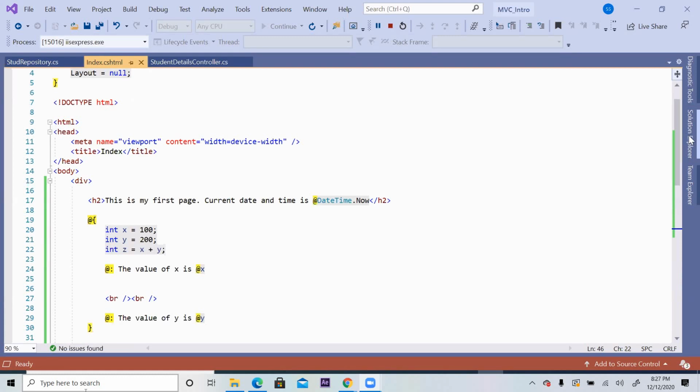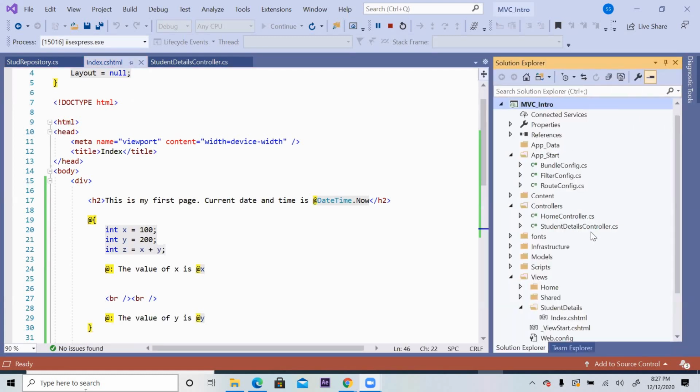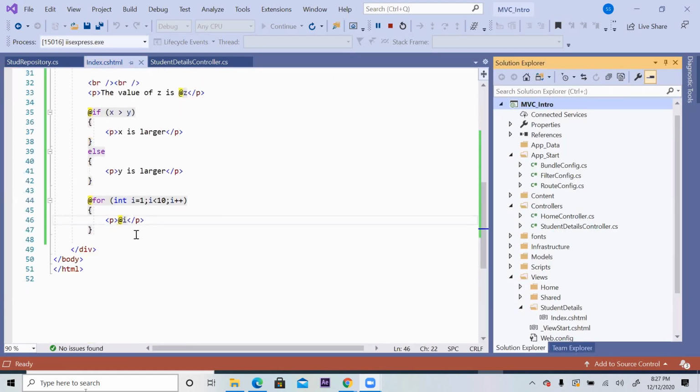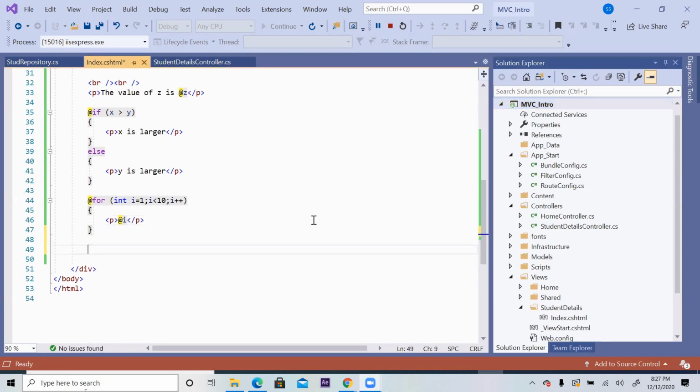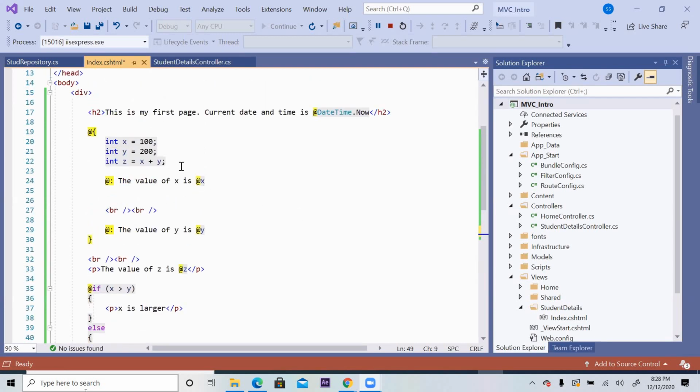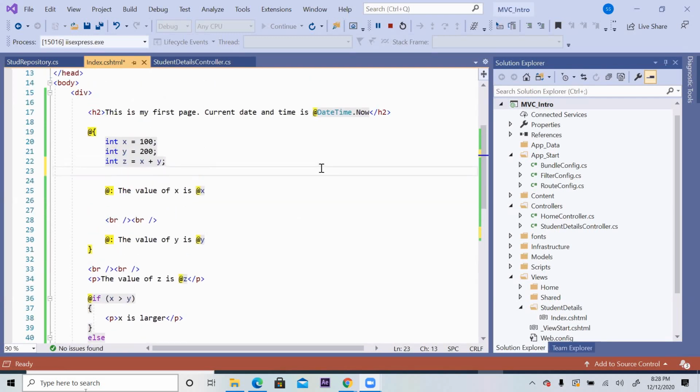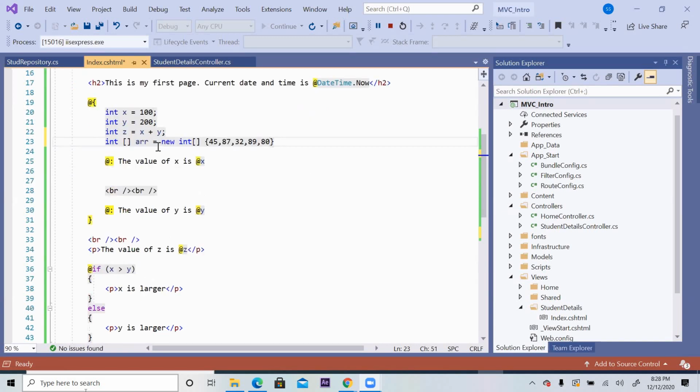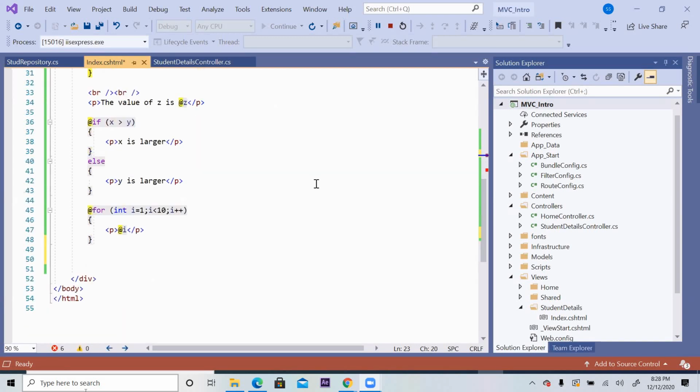Now, if you go to the scaffolding view, you can easily understand with this much. Let's write foreach also, then we'll go there. Suppose I have an array, say int[] arr = new int[] with some values, and I want to display that array using a foreach loop. Possible.